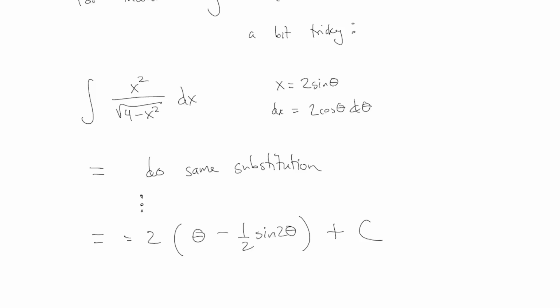Now, what's tricky about this is when we write the answer, the whole point is finding the antiderivative of this function. I should write the answer in terms of the original variable x. And with a normal u substitution, that's always easy. You just write down what is the u in terms of x. But actually, you will notice it's not at all convenient to do that in this example because we have,